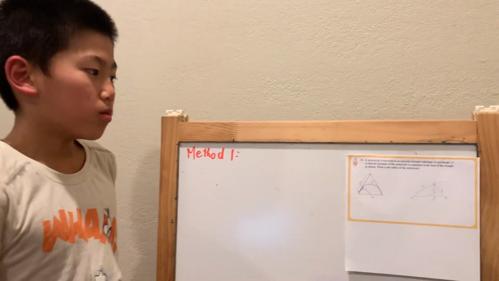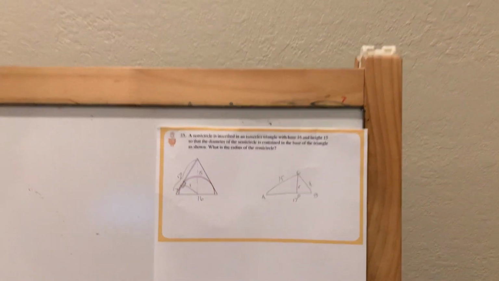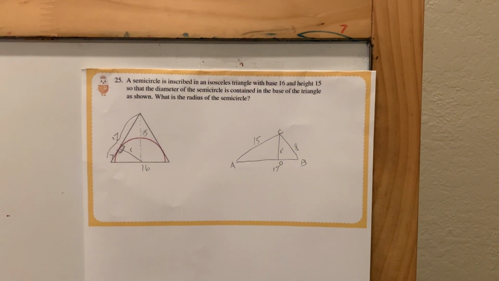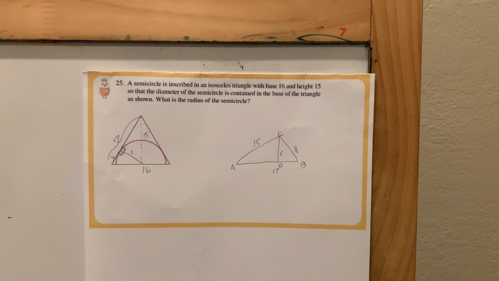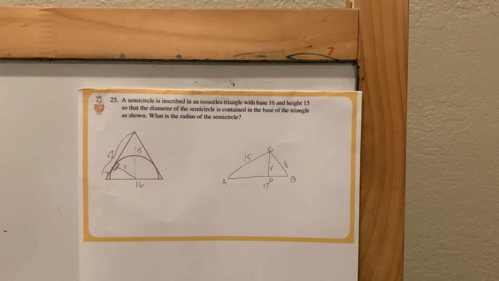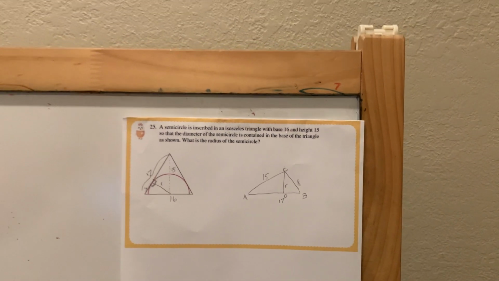The problem says that a semicircle is inscribed in an isosceles triangle with base 16 and height 15 so that the diameter of the semicircle is contained in the base of the triangle as shown. What is the radius of the semicircle? So,